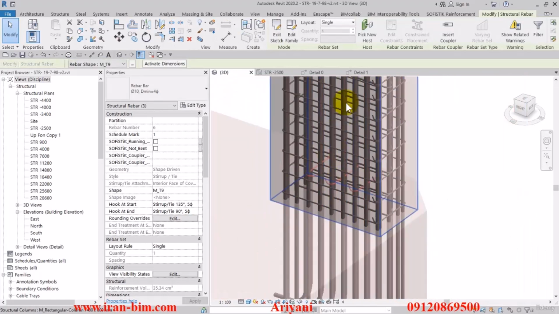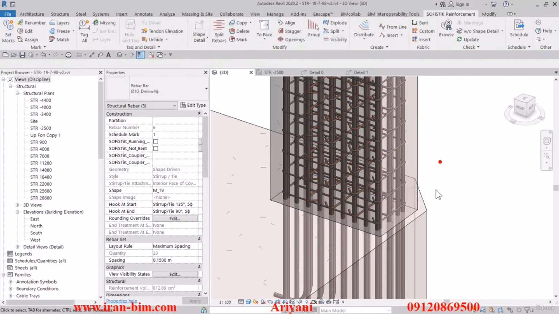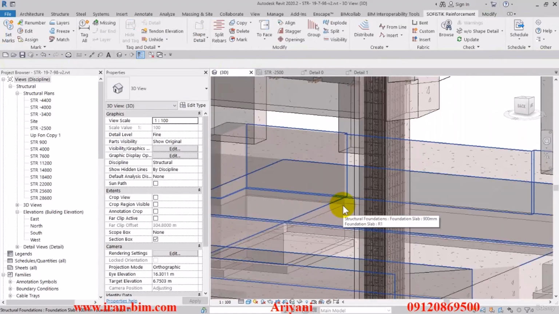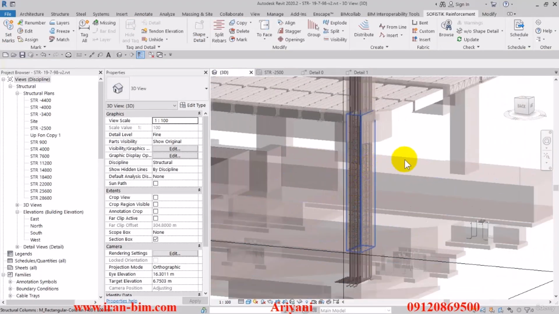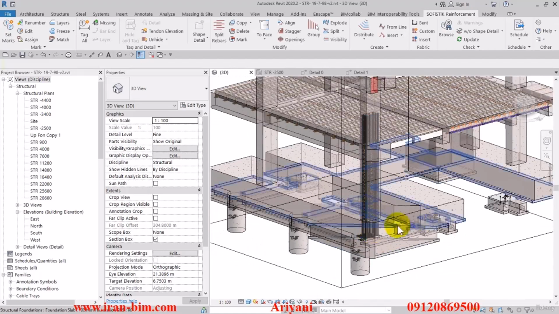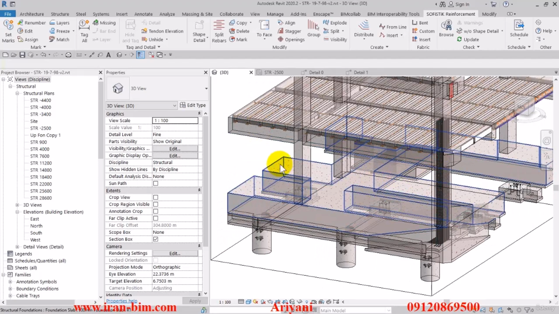Select all of them, then from the layout menu, put this on maximum spacing, and set the spacing to 15 centimeters. And there we go. So using this method, we can place the rebars in the columns. Now there is a possibility that this part is completely similar to here. So I'll explain more about this